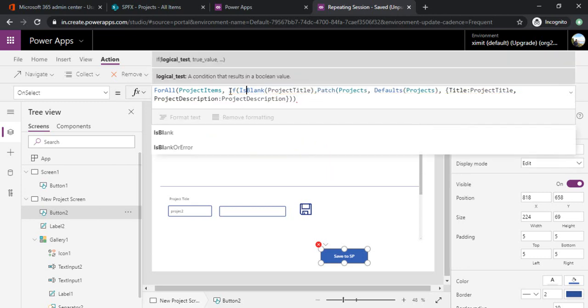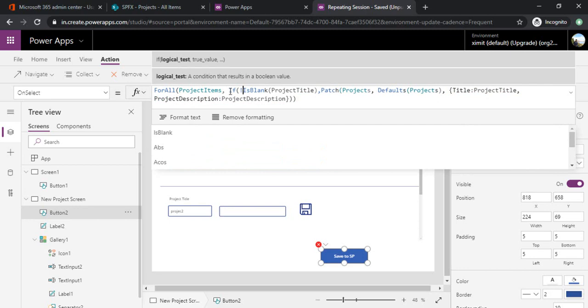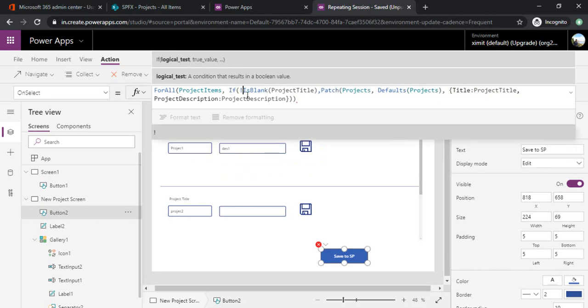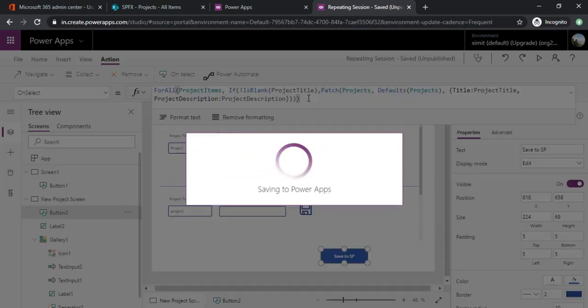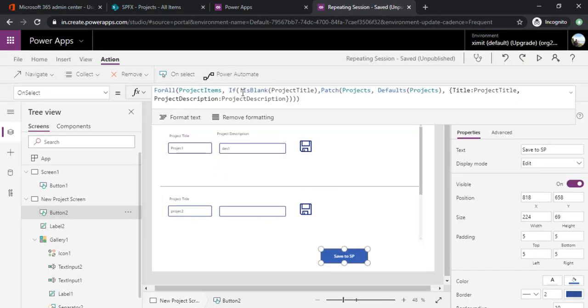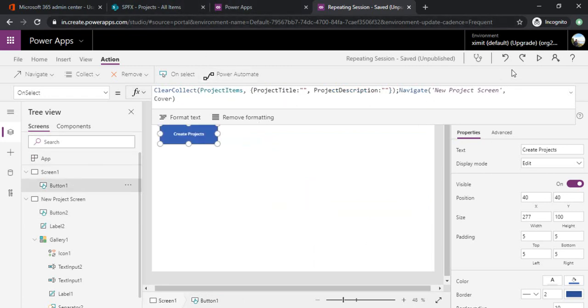So when it's blank, it should patch. But the condition should be, when it's not blank, then it should patch. So I've just added the negation sign and then just closed out that bracket. So now as we added this condition, when project title is not blank, then it should patch, otherwise it should just skip it. So I'm just running my app once again.